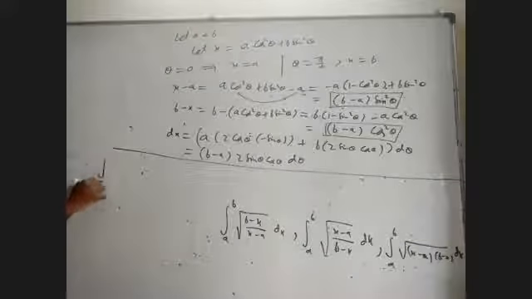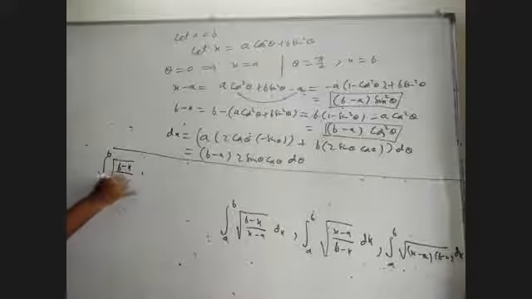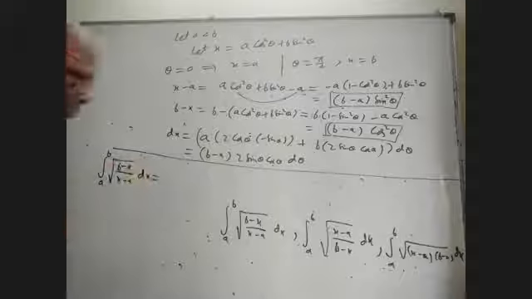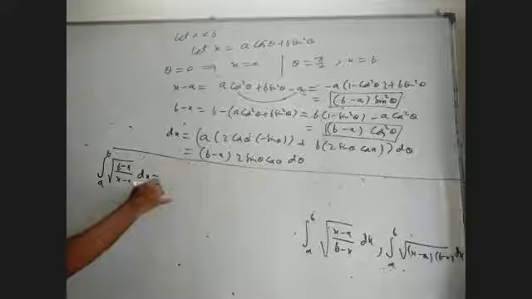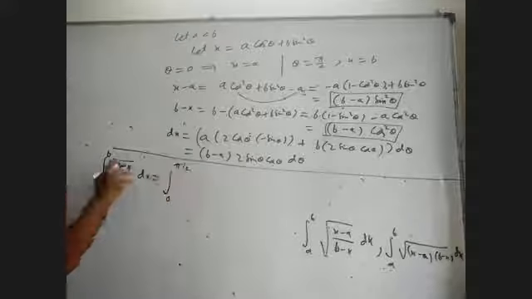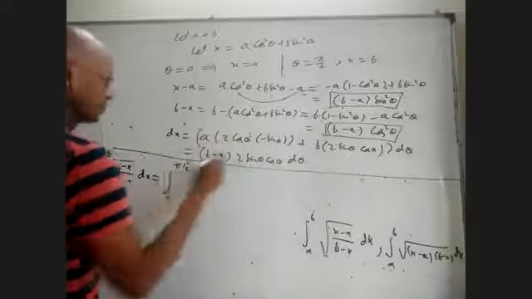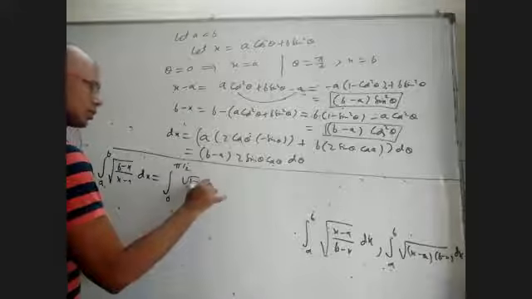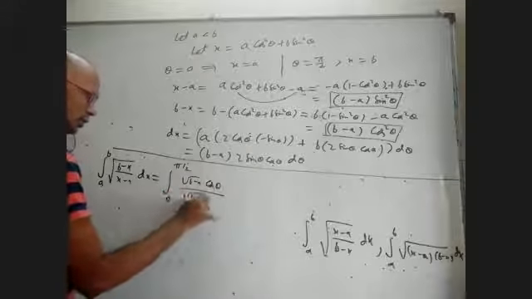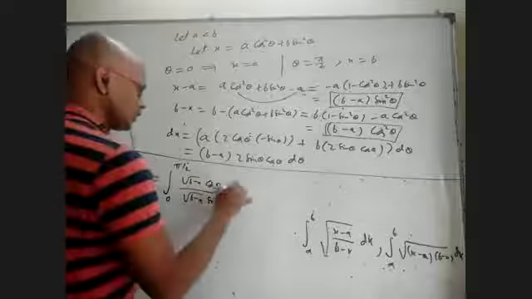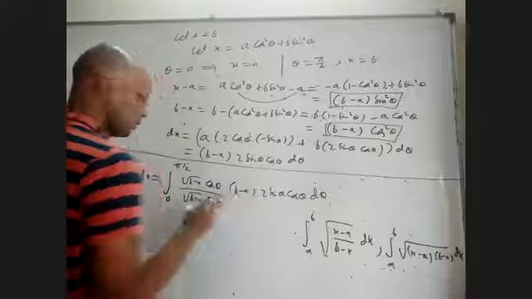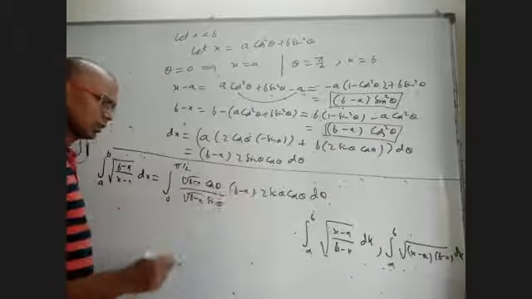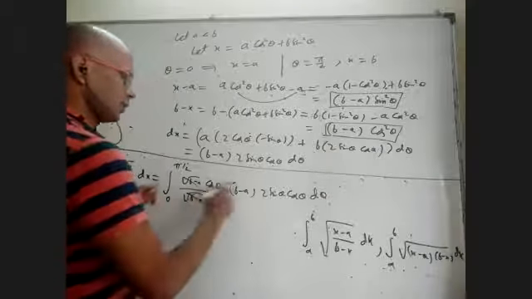So integral a to b root over b minus x by x minus a dx. What happened to this? Again, 0 to pi by 2. Root b minus x is root b minus a cos theta. Down is root b minus a sin theta, and dx is b minus a into 2 sin theta cos theta dx. Sin and sin will cancel, root b minus a will cancel. One b minus a outside will be left with 2 cos square theta.